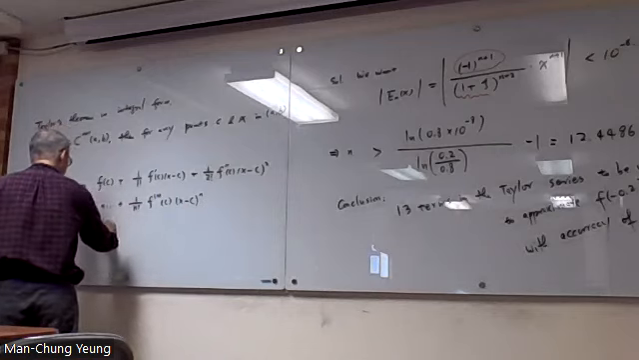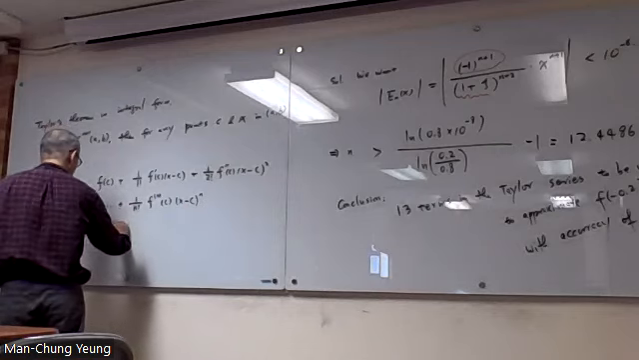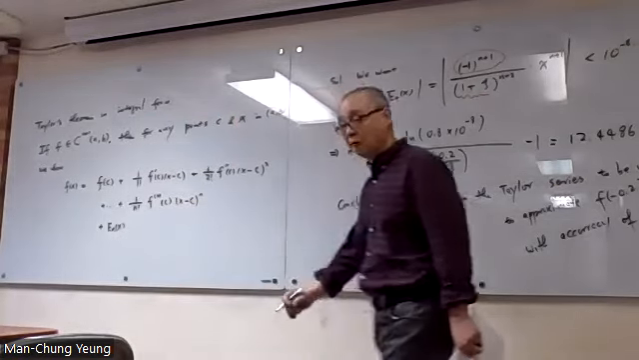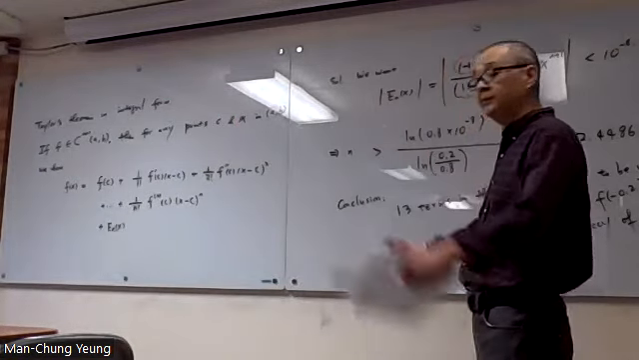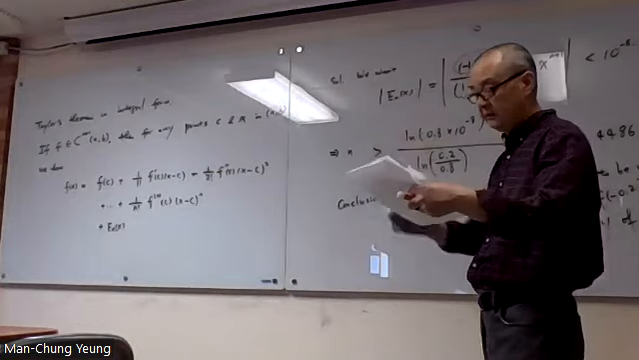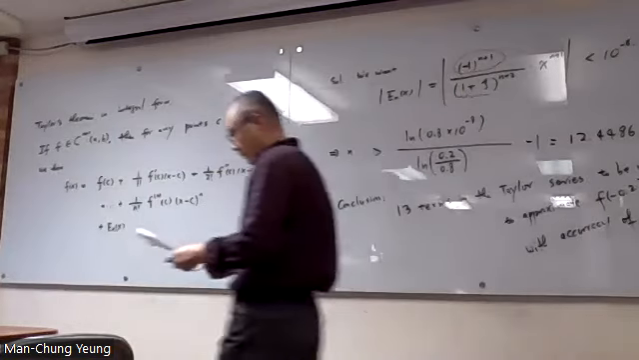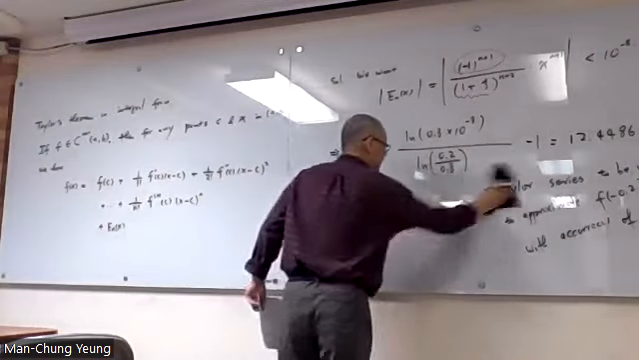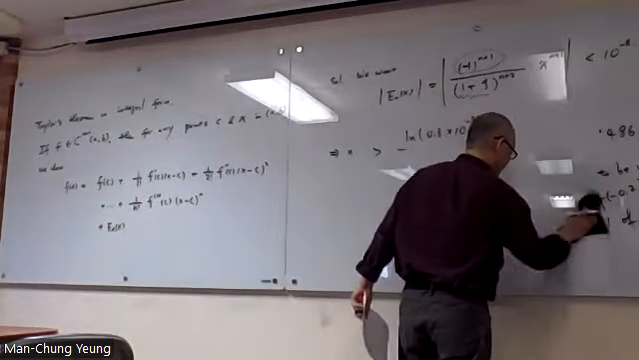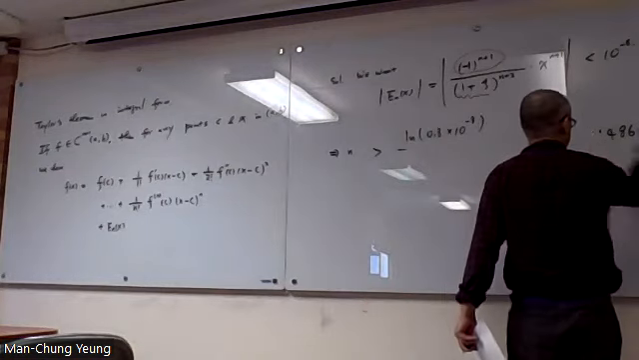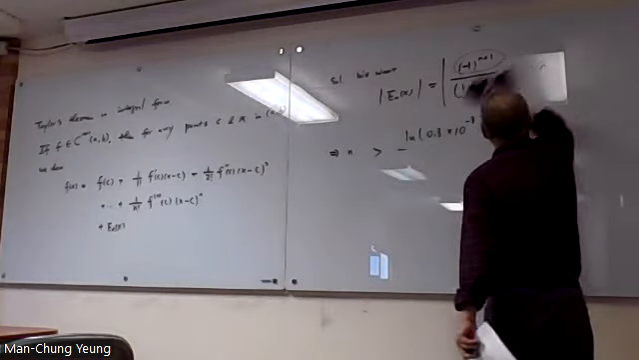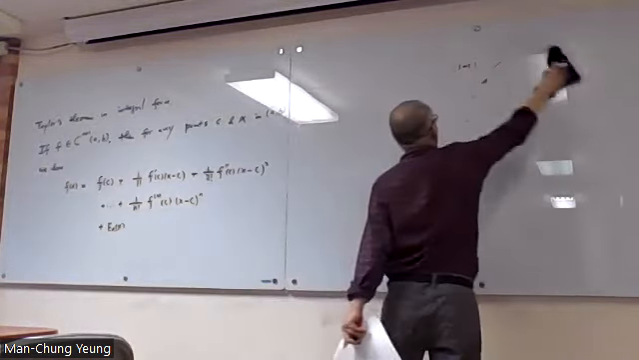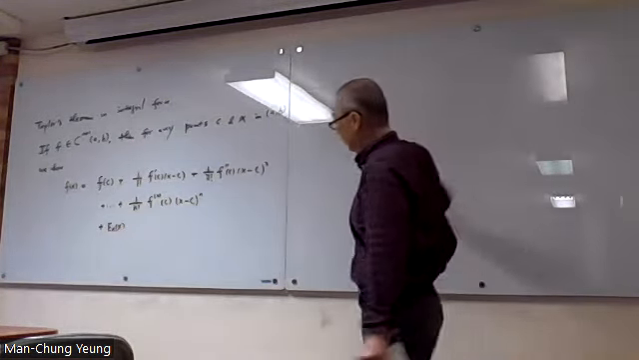Of course, we need to pass error. Left side is a general function, right side is polynomial. To make them equal, we need error. The error now is in the form of an interval, where